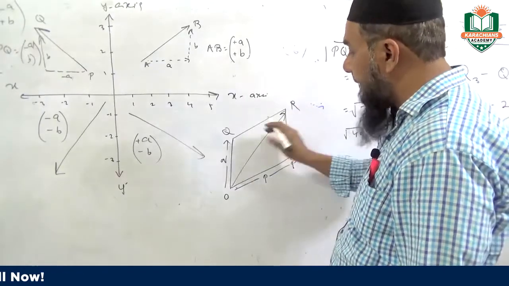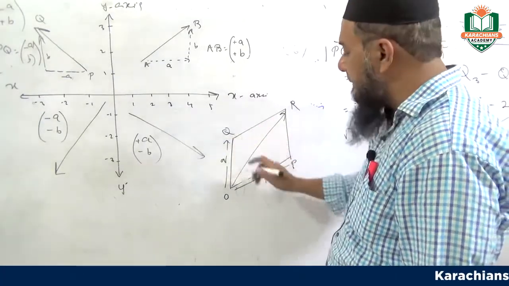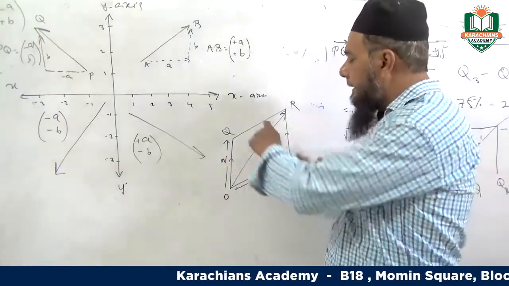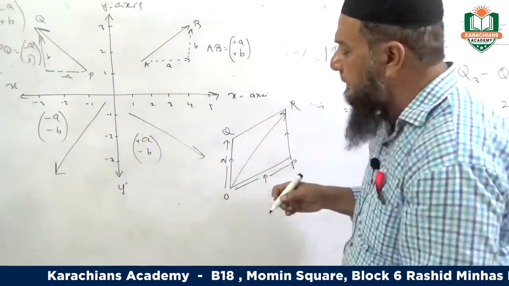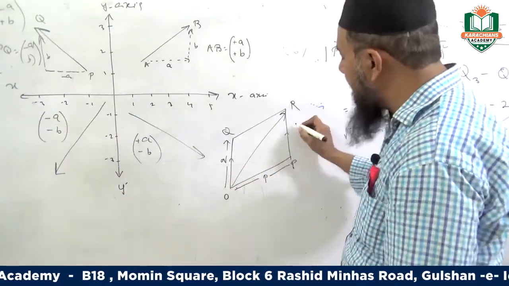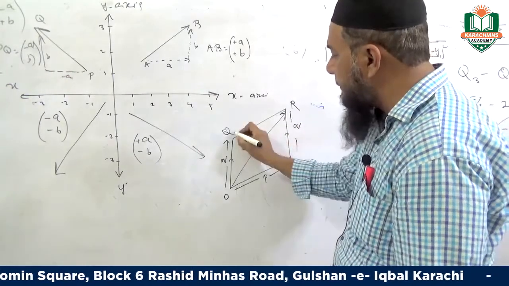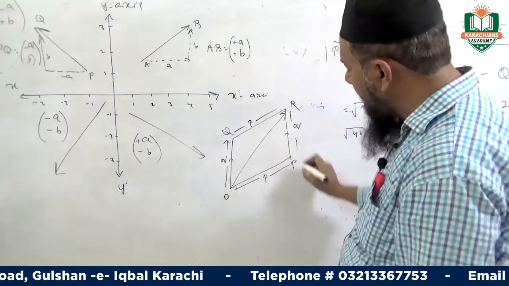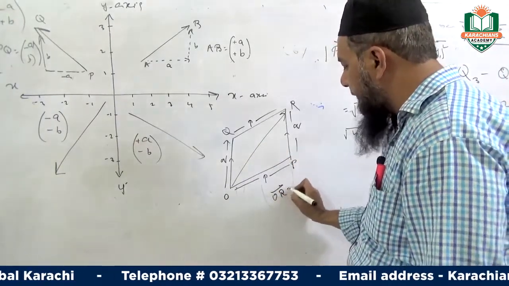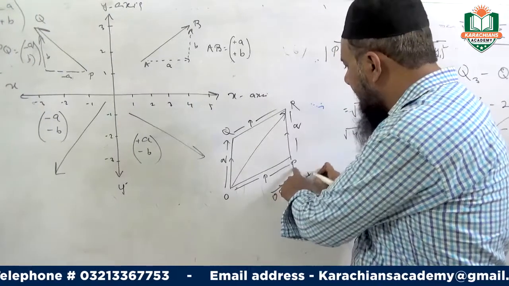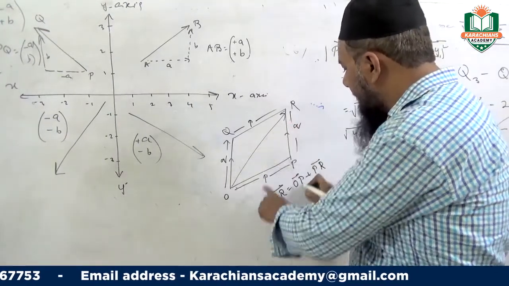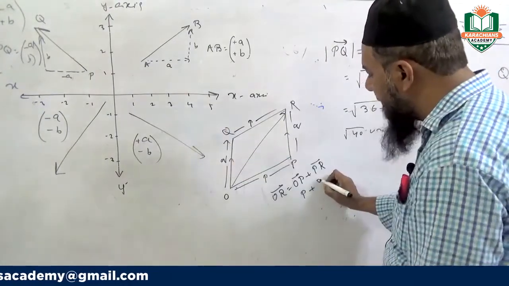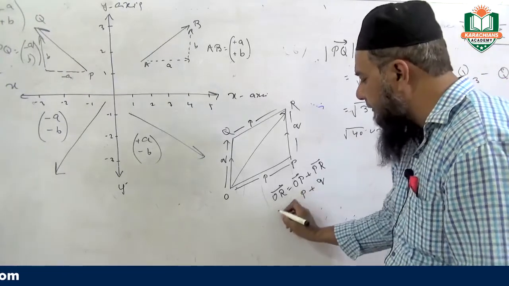We can easily find it if we consider this as a rectangle or a parallelogram. If these two lines are equal and these two lines are equal and parallel, then we say that this diagram is a parallelogram. So we can find a projection of q over here as well as the projection of p over here because both lines are equal. Now we need to find this OR. So OR equals OP plus PR, and OP is p, and PR equals OQ, and OQ is q. So p plus q is the result of OR.